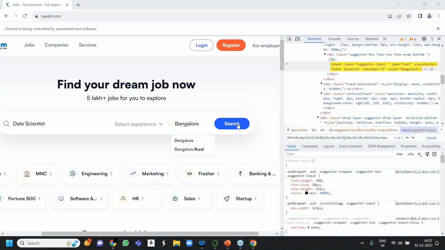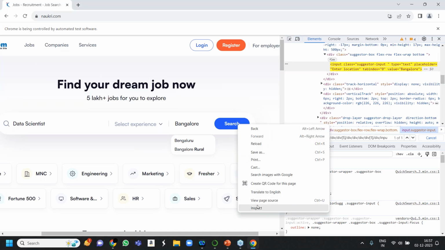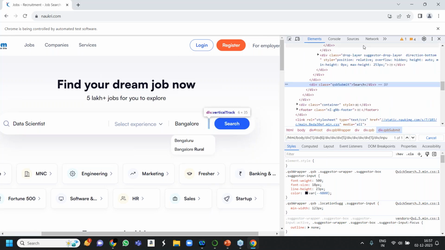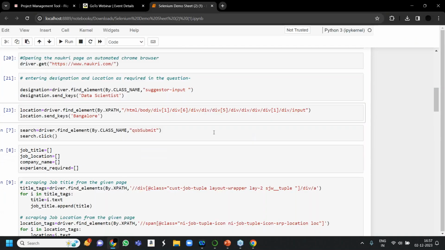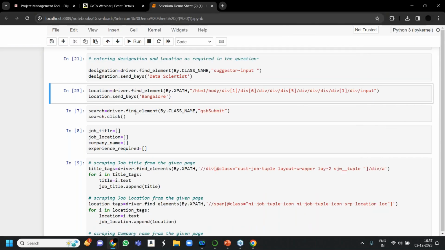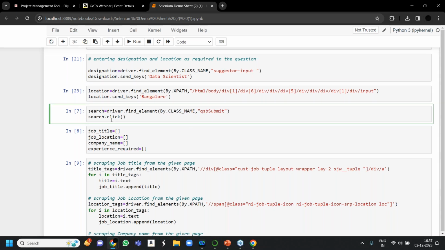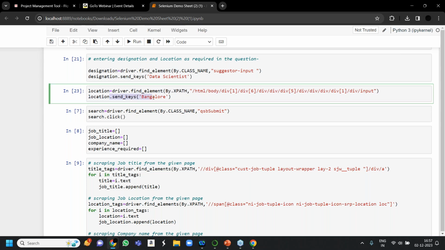Now I need to click on the search button. So again, same thing, inspect, search. For this, okay, let's use the class name. QS submit is the class name. You know how to do it. By dot class name QS submit. Since I have to click on the search button, I will be using the dot click method, not the dot send keys, because I need to click.